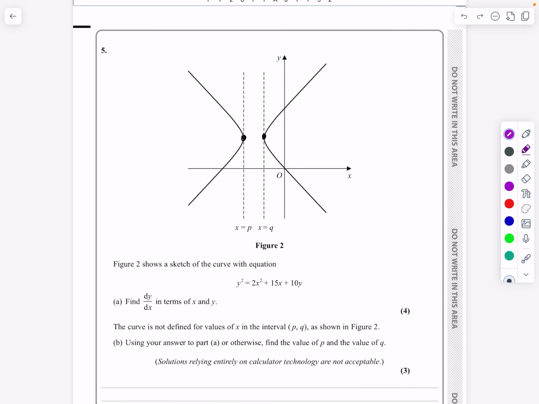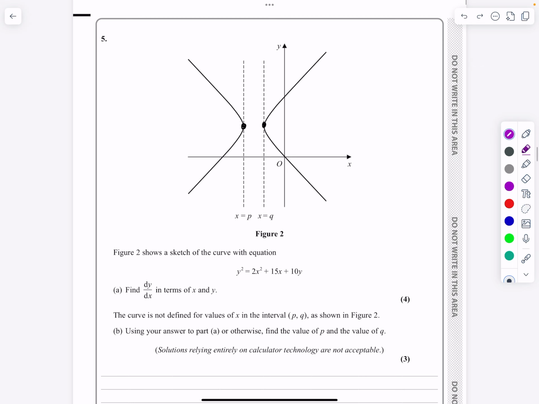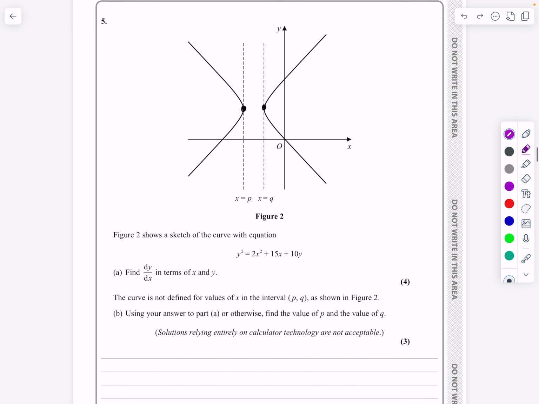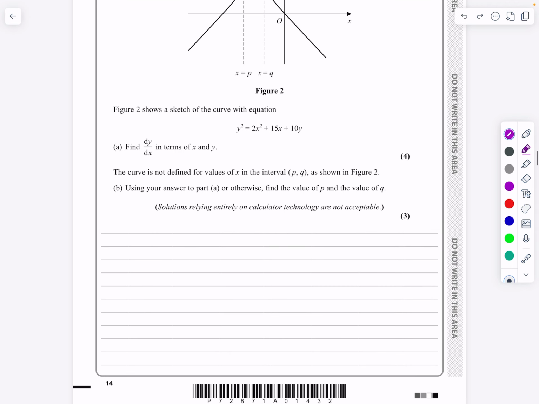Okay, this is the P4 paper from January 2023. It's question number 5, and if we look at it, we can see this is going to be differentiation, finding dy by dx, and in particular, this is going to be implicit differentiation. Okay, so if we start off with part A, y squared is equal to 2x squared plus 15x plus 10y, and